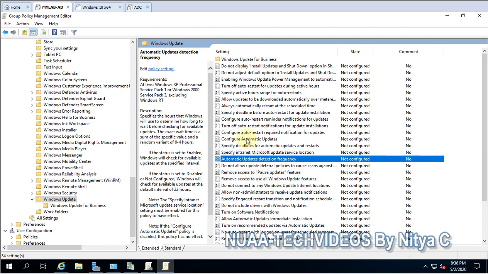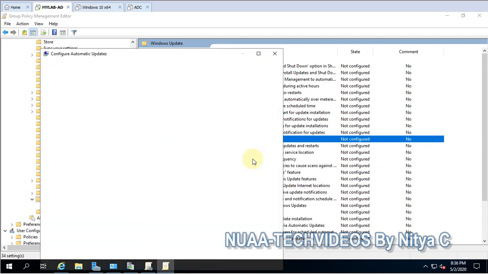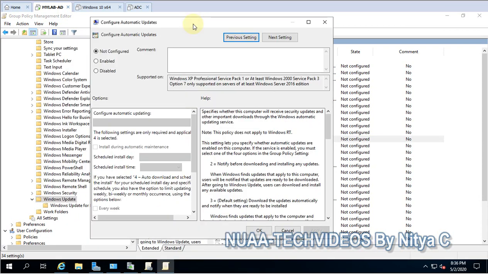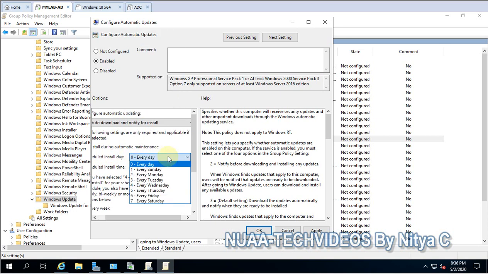So here we have to configure automatic updates. So we have to enable it first. Enable, install. So this is fine. Auto download and notify for install, and install during automatic maintenance. This is fine.